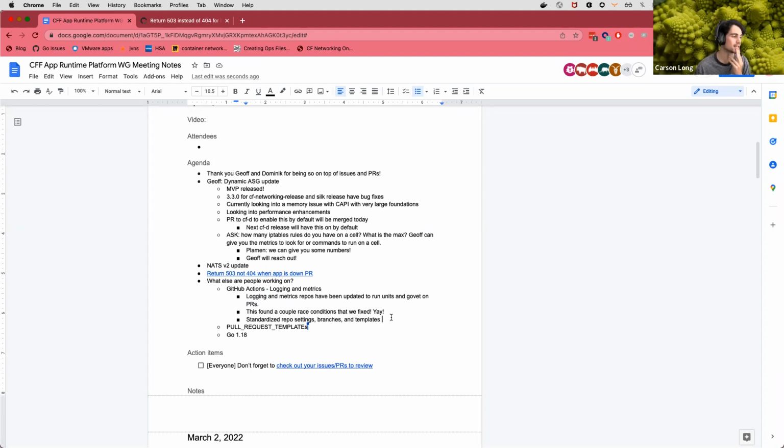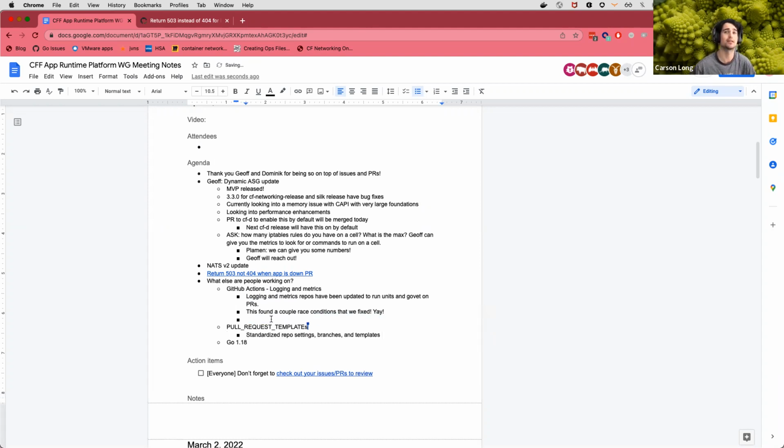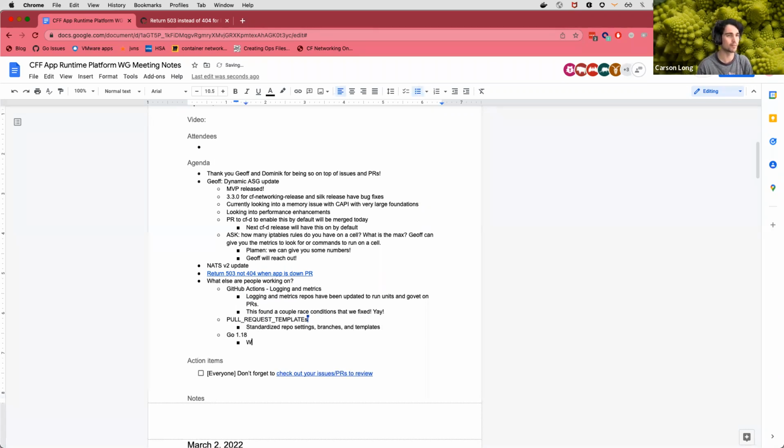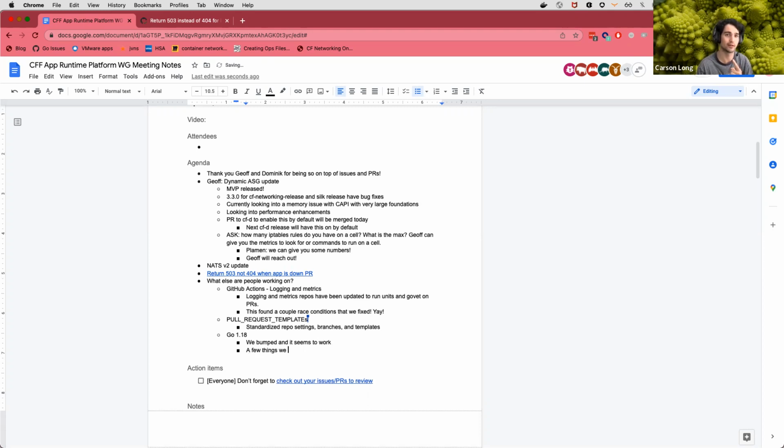The last thing is Go 1.18. Our pipelines have automatically bumped most of the repos to actually start using Go 1.18. Doesn't seem like there's any problems with that so far, except for some weirdness around go get breaking some stuff. Like you can't go get anymore. And weirdly, if you don't have the Git CLI available, but there's a .git folder, that can break your Go build now.